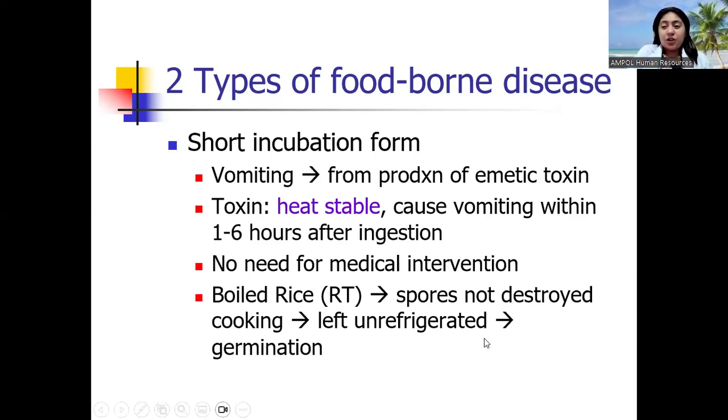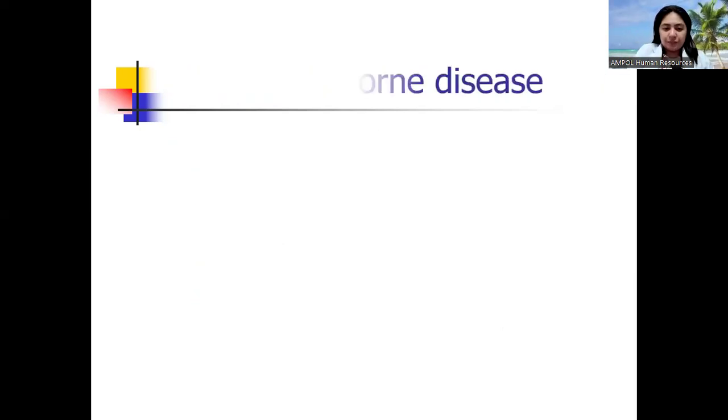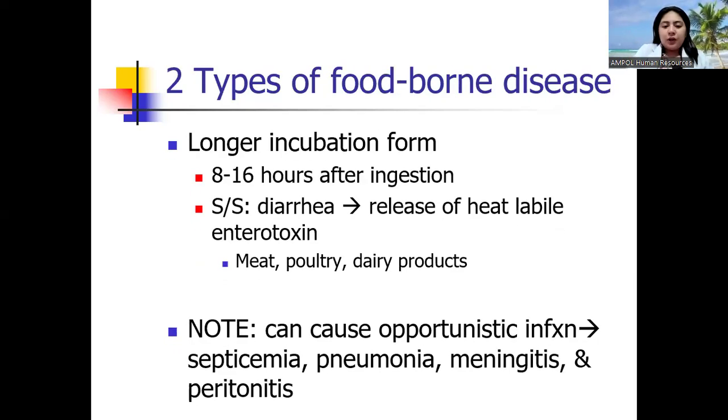So once mag-germinate again, mag-release of toxin. So in germination, dito pa mag-release of toxins. The longer incubation form naman of your bloodborne disease caused by your cereus, after 8 to 16 hours pa siya magawas of signs and symptoms after ingestion. So they release heat labile enterotoxin. So from milk, meat, poultry, and dairy products. It is important to note also that they can cause opportunistic infection, which will lead to septicemia, pneumonia,